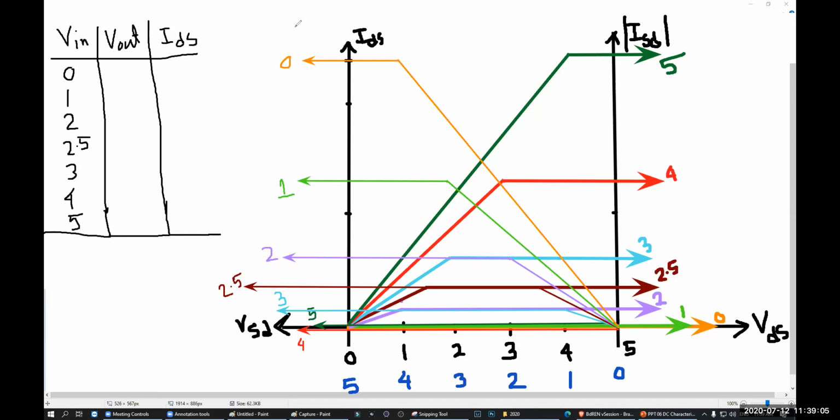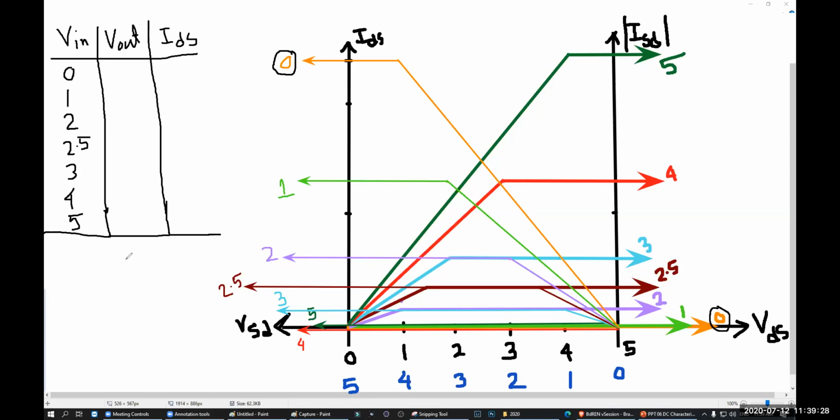Okay. How to fill up this table? See this one. Where is input number 0? In this area, where is 0? 0 is this one, right? This orange line. Where is 0 here? 0 is this one, this orange line, right? See, one orange line is going from here to there. Another orange line is going from here to here, right?